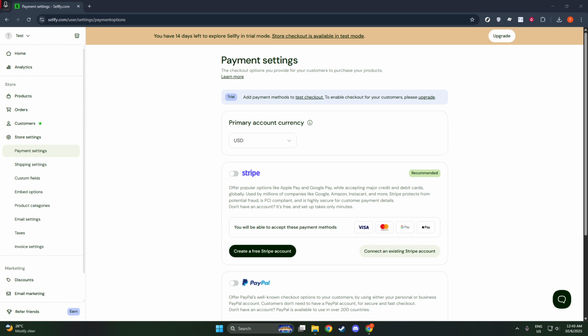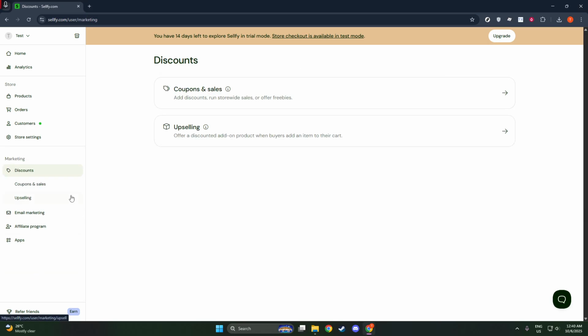Let's walk through the process step by step. First, you'll want to log in to your Sellfy dashboard. Once you're in, look to the left-hand sidebar and locate Marketing. Click on that, and from there, select Coupons and Discounts. This section is where you'll manage all your promotional activities, and that's exactly where we need to be for setting